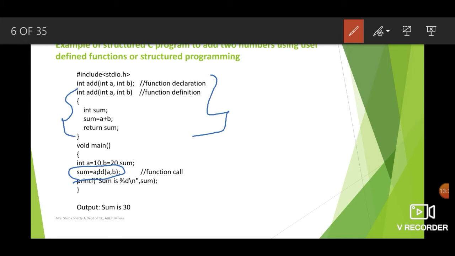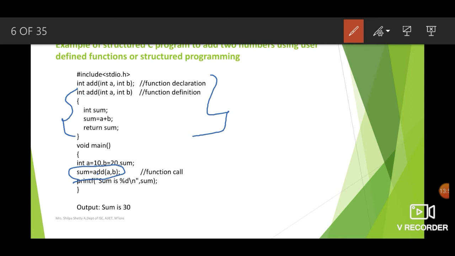So what is it? int add. The first int indicates the return type. Return type means what type of answer the function is giving. For example, if I ask you what is the sum of 5 and 10, your answer will be 15. And what is the type of 15? 15 is an integer, right?